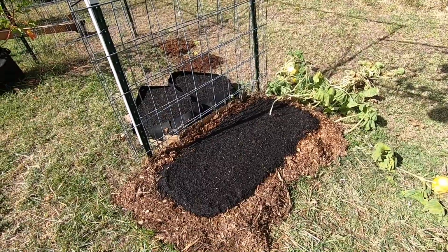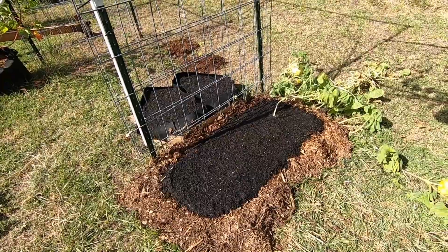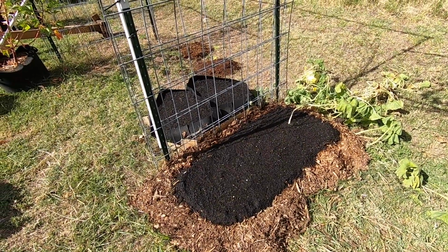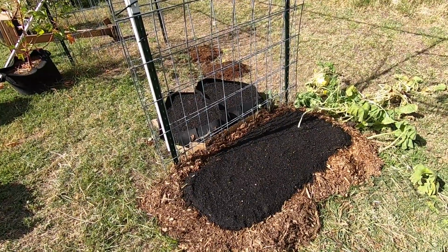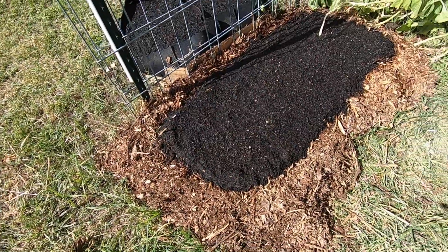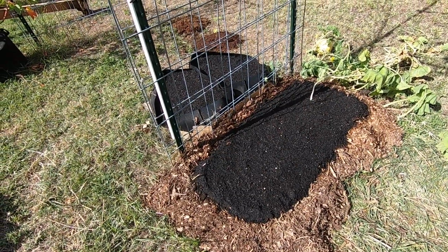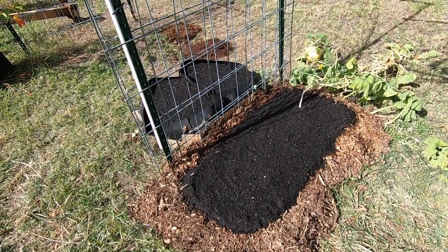Now here, I was borrowing hay to supplement and mulch the top of my strawberry bags, and then I got to a point where the straw was just melded to the ground. It was in a really composted state. So I just made it even, and then I put a mulch line around here to stem some of the grass, and I poured a little bit of my bag soil there and topped it with compost. So now I'm going to cover it up with some tulle to keep the birds